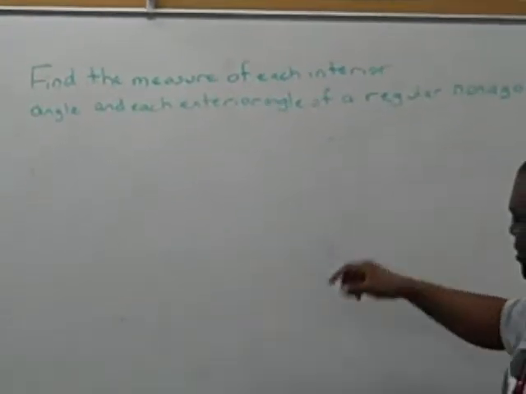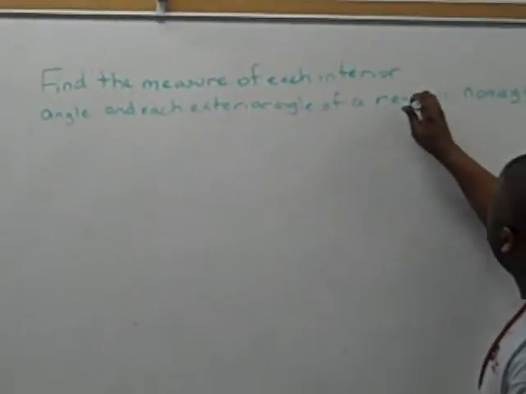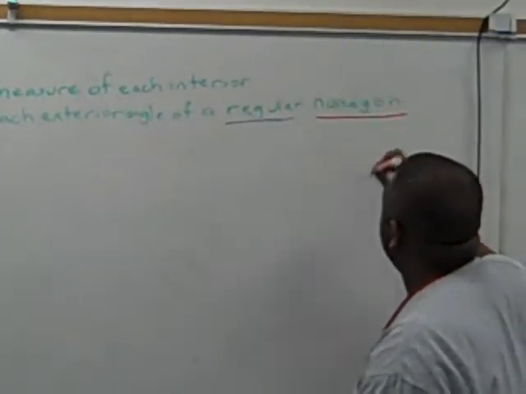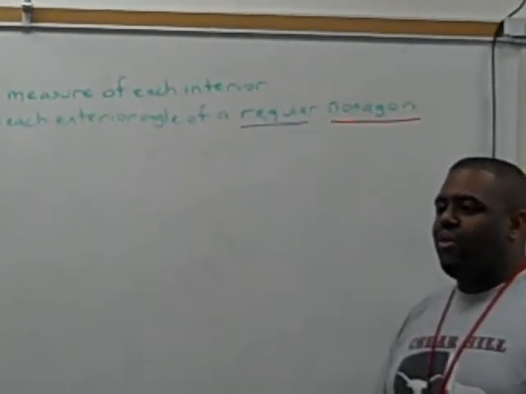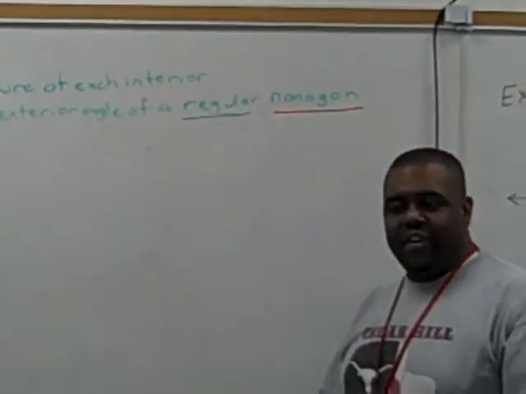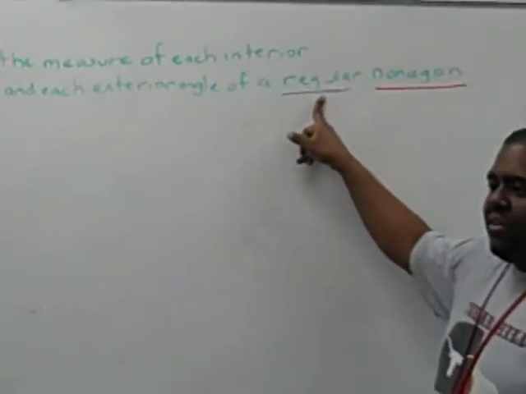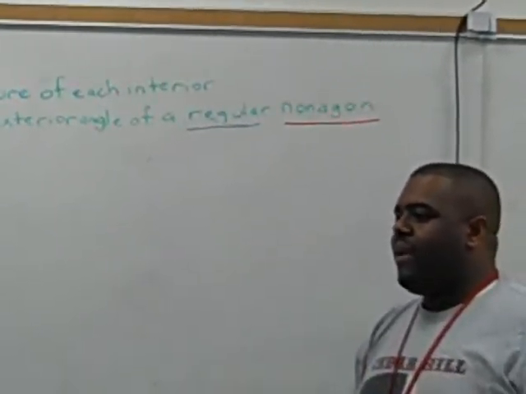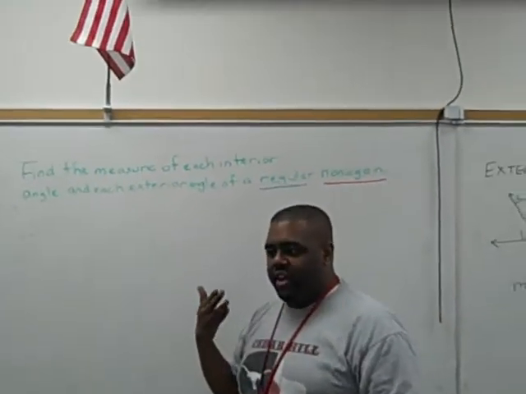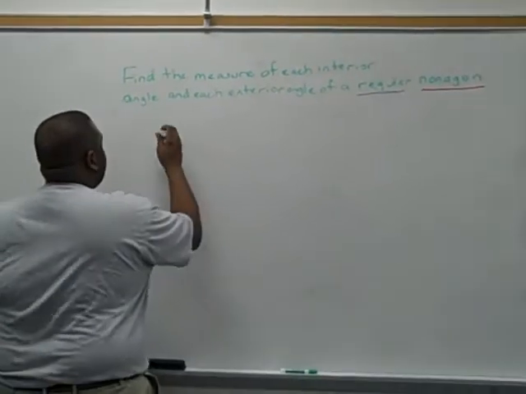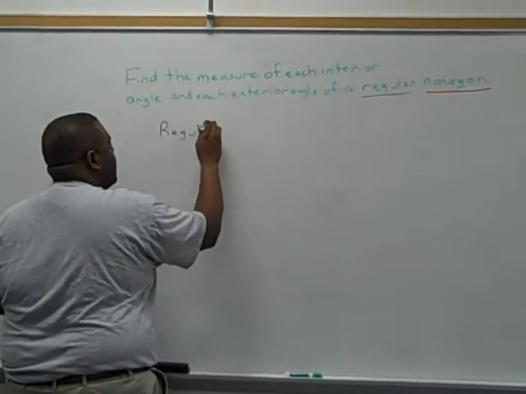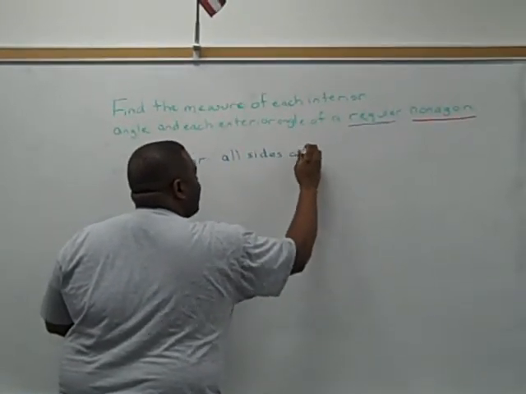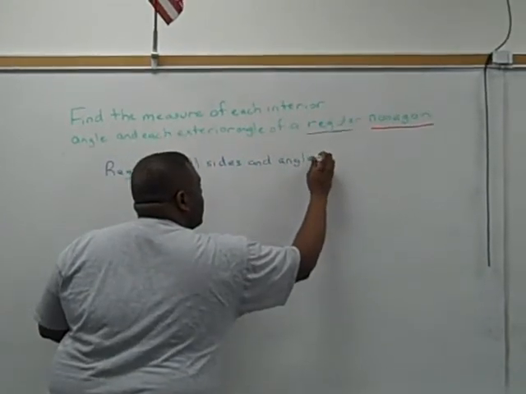You need to first know what the word regular means and the word nonagon. Because if you don't know those, it's going to be hard for you to figure out what the answer to this question is. Start with regular. Whenever you see the word regular before the name of any polygon, all that means is that the angles and the sides are congruent. So regular means all sides and angles are